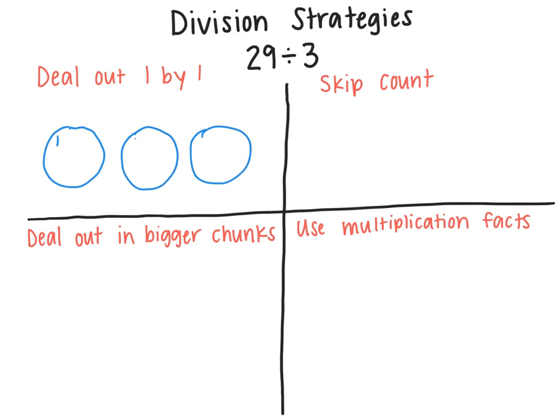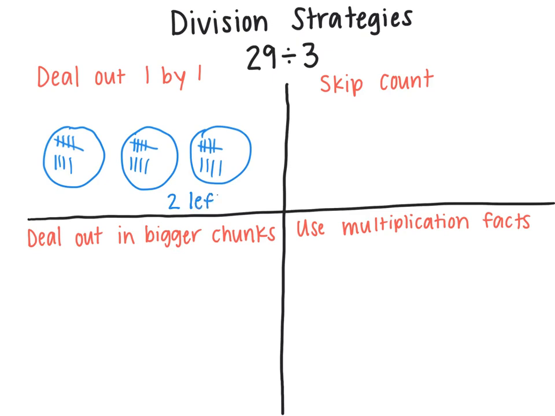So 1, 2, 3, 4, 5, 6, 7, 8, 9, 10, 11, 12, 13, 14, 15, and so on. Now I just continued dealing out 1 by 1 and I got stuck at 27, and if I put 28 and 29, there wouldn't be an equal one here. So that means I have 2